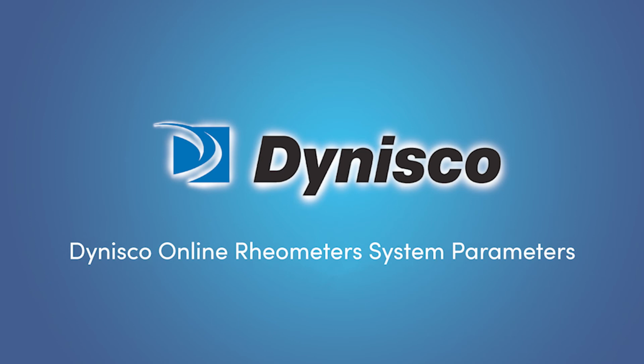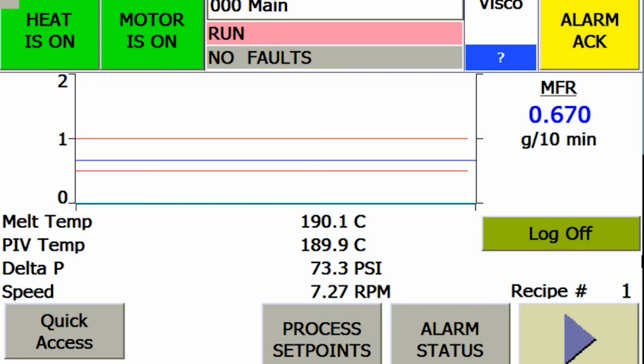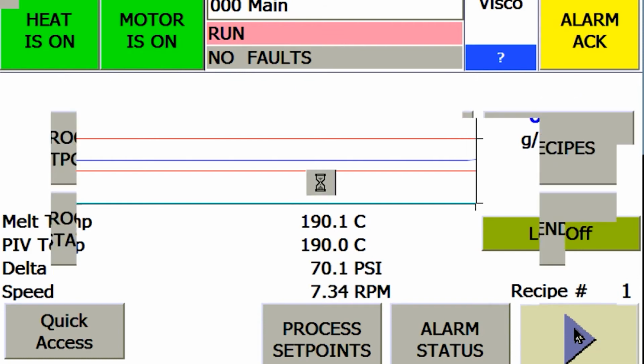This video discusses system parameters for Dynisco's online rheometers. System parameters are fixed variables and machine hardware settings that are used in the calculations for melt flow rate, viscosity, and intrinsic viscosity. These are set in the equation constant screens and fall into two categories. One being physical hardware settings, which define the hardware devices that are part of your system, and the other being